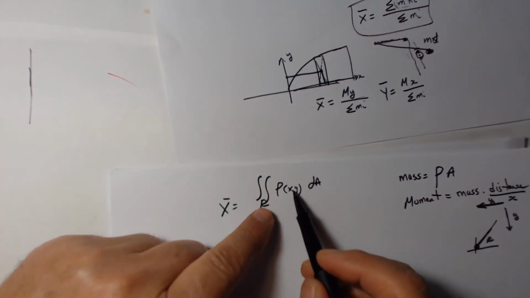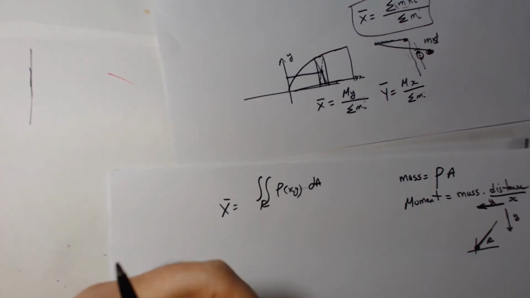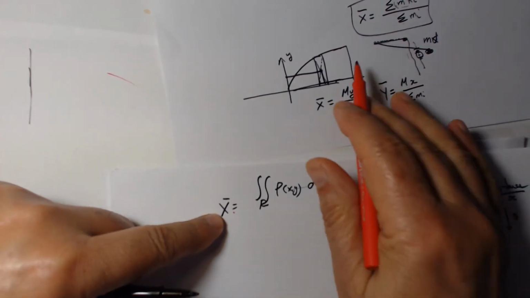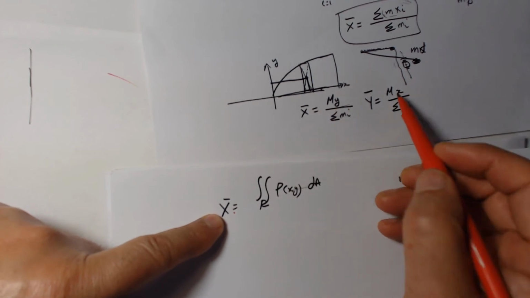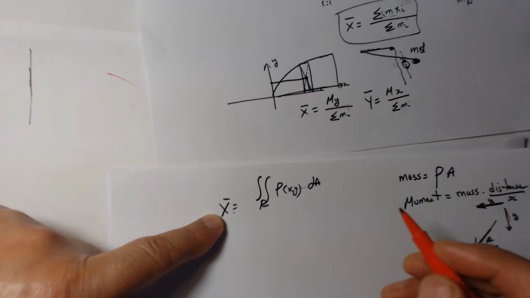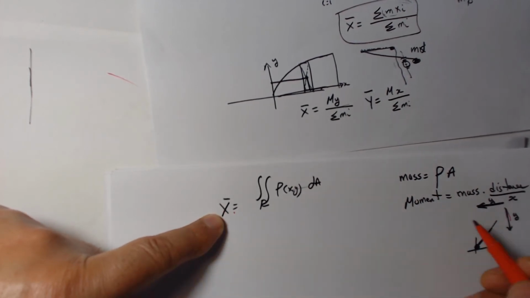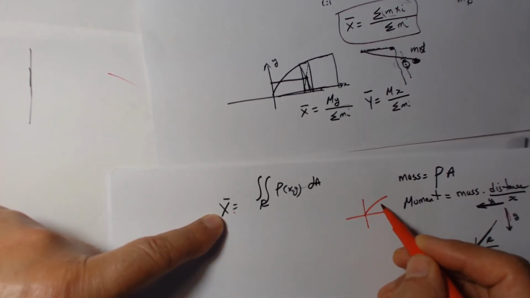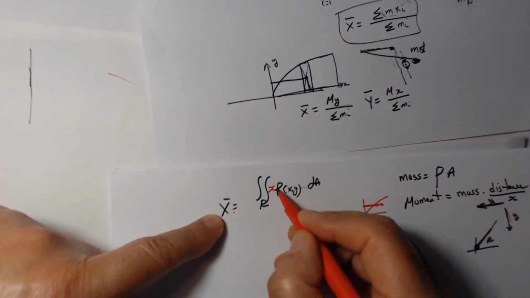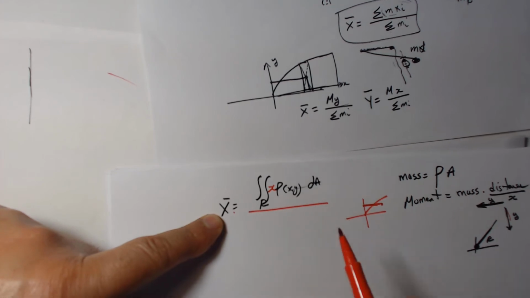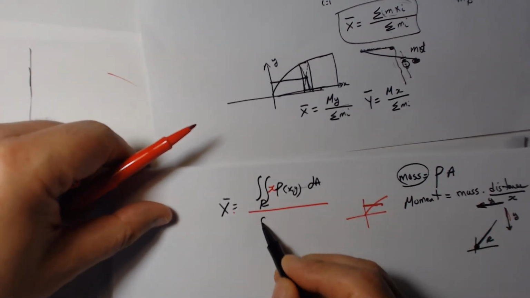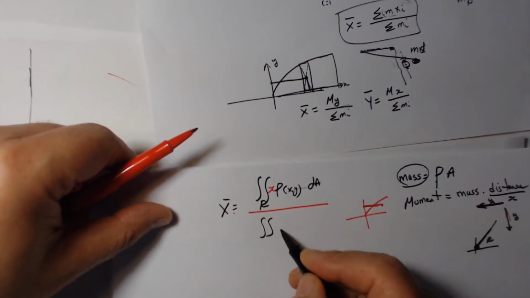Therefore, this only gives you the mass. But when I want to do x bar, I need a moment. A moment needs a distance. The x bar is a distance away from the y. The x bar is the moment about the y, and the distance is x, over the sum of the masses. And mass is nothing except density